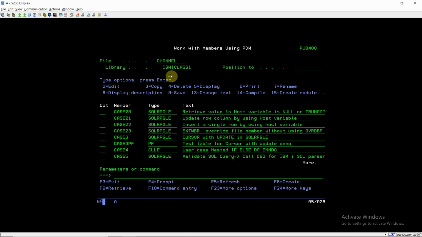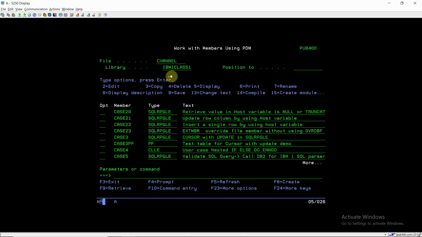So there is just one RPGLE program, which will be called from the command line itself, and we need to read 2 members out of 3. First, a brief note: using the EXTMBR keyword we can only read a single member of a file or all the members of a file.